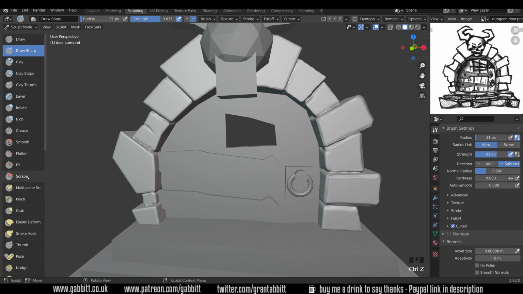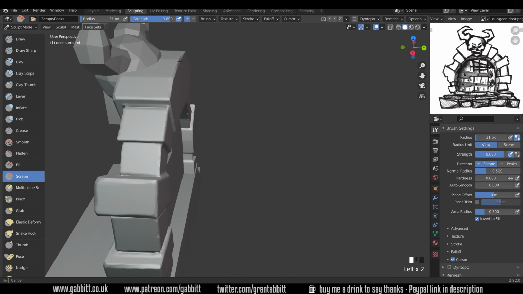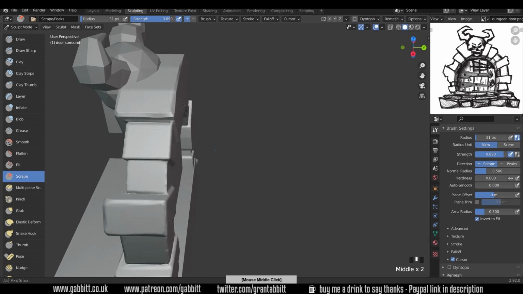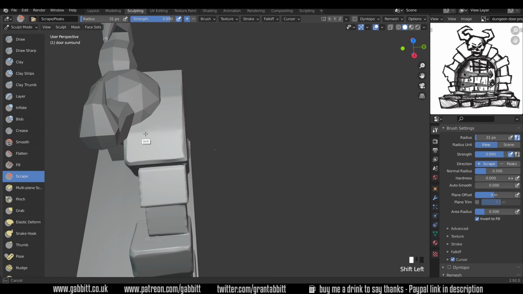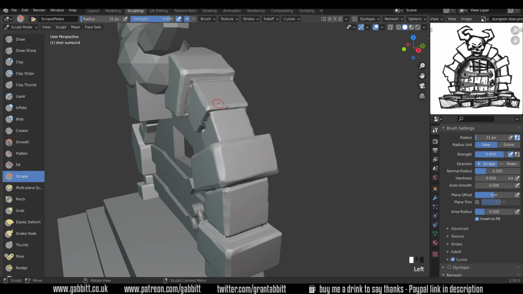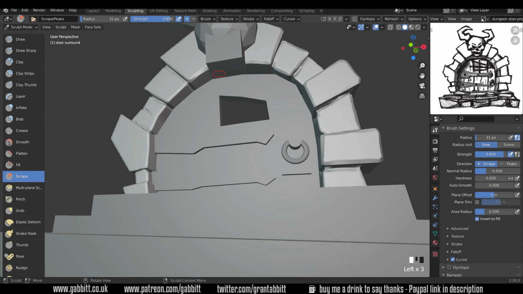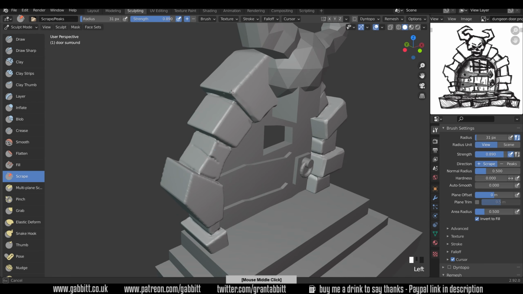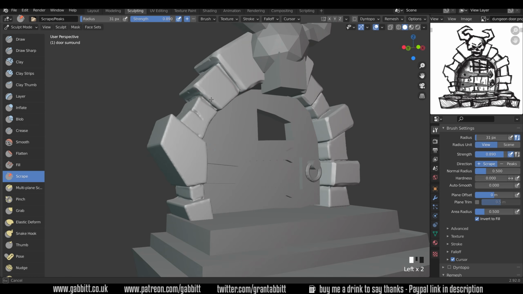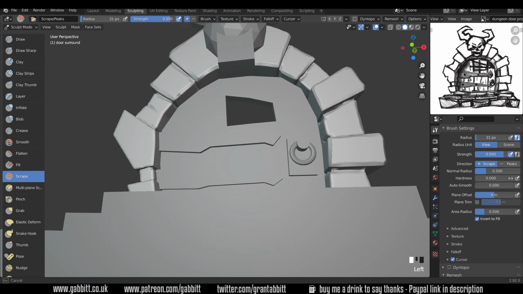Okay, back to the scrape brush to sort out those edges. When remeshing low poly, you do get these sort of lumps in it like this. You can just smooth those down by holding down Shift, and a little bit of lumpiness can be quite good for bricks. This is a bit of a slow process because we've not got symmetry on, so we're having to do both sides. And certainly having symmetrical objects can speed up your workflow, but it certainly has a lot less